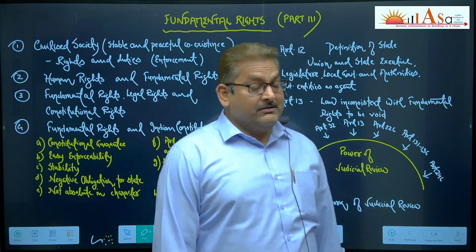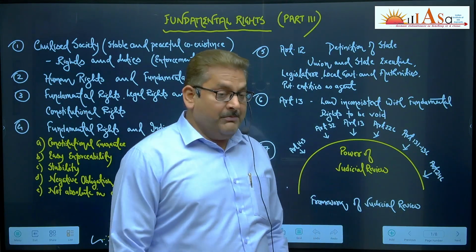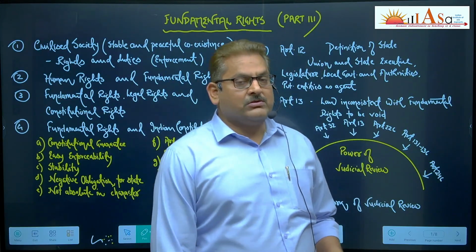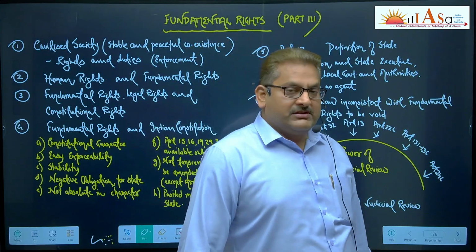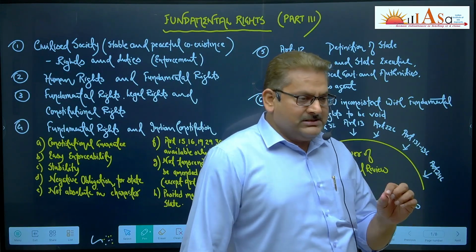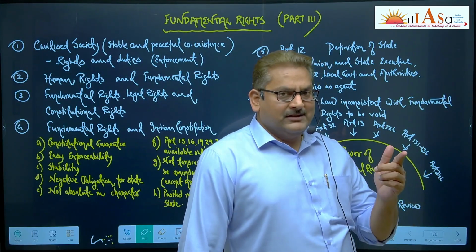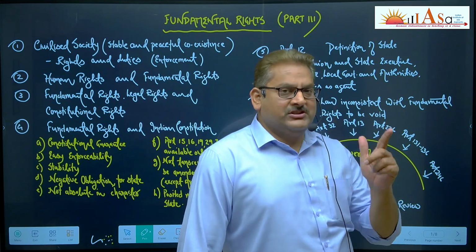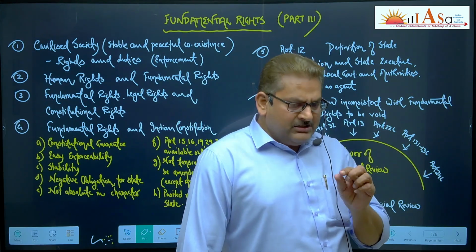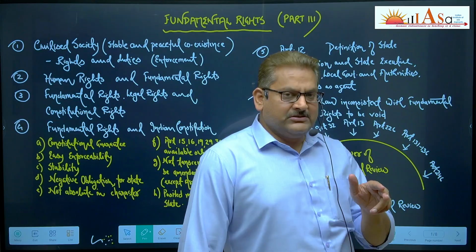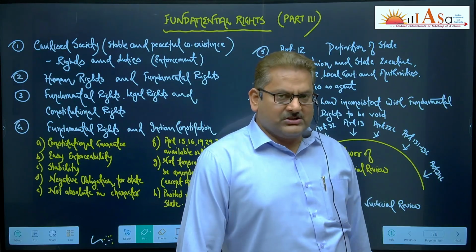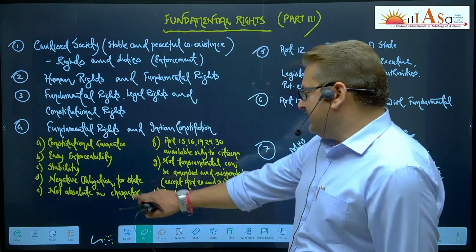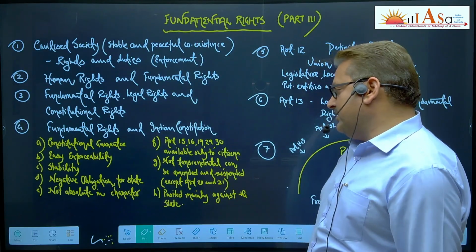So the government can restrict fundamental rights, but if challenged, the government will have to prove in a court of law that the restriction was reasonable and aims at accomplishing a justifiable objective. What is the purpose of the restriction, and what is the degree of restriction? This can be subjected to judicial scrutiny. In this way, balance is struck. Again, not absolute in character.